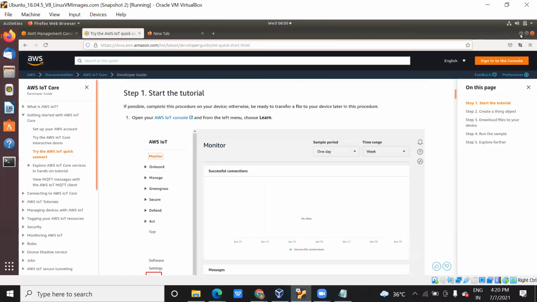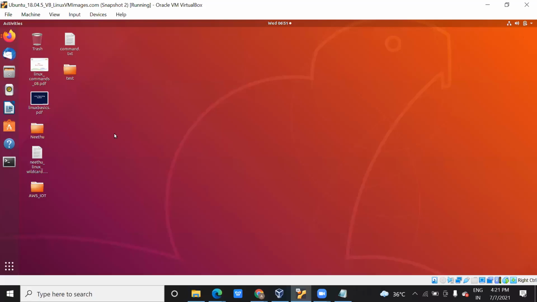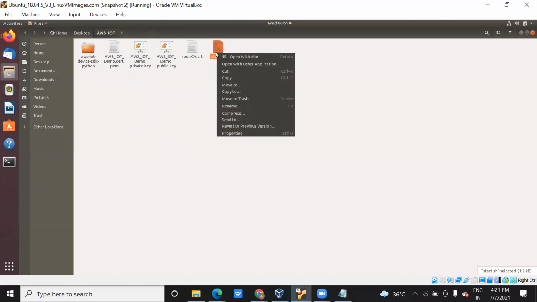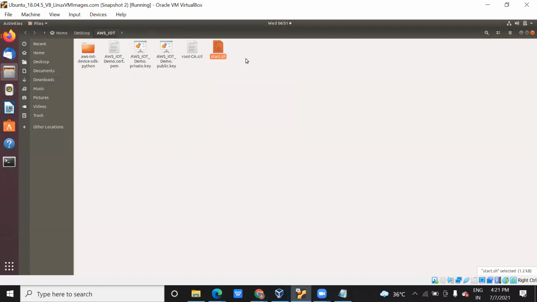I have installed VirtualBox in my system, so I can use dual operating systems. So I have run this Ubuntu, this one. You can see this one is a folder, okay. This one is provided by the cloud only. I have downloaded this software on my system. They have given me this file, and this file has some config scripting written in it. Let me show you what actually this is.